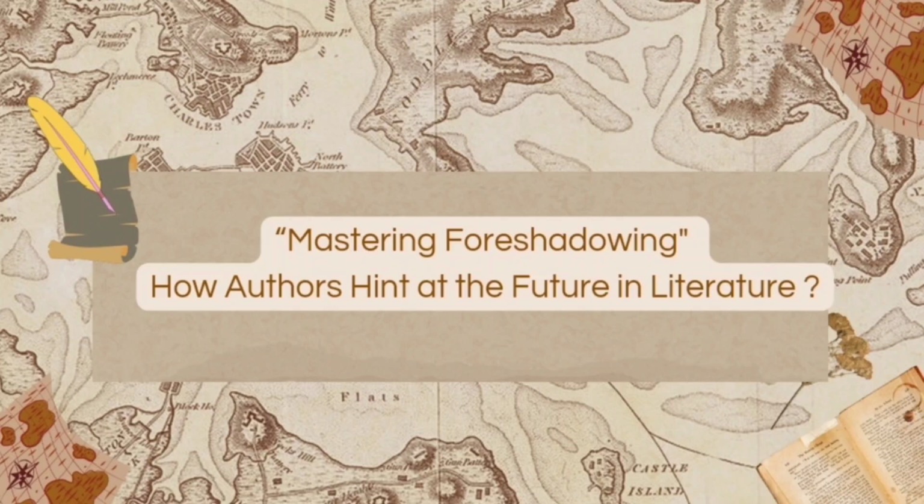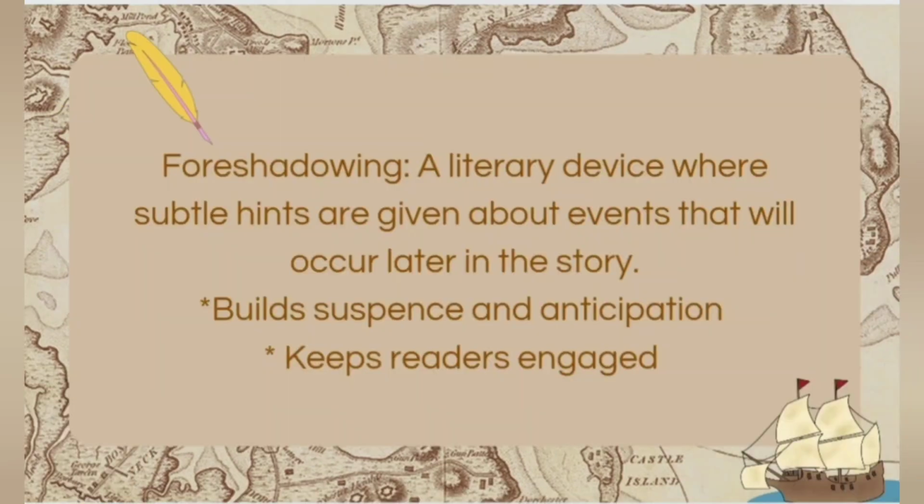Today we are going to explore this brilliant literary device and how authors use it to keep us hooked. Foreshadowing is when an author gives subtle hints or clues about events that will occur later in the story. These clues are often small details that may seem insignificant at first, but they set up future events or create suspense. Foreshadowing serves to build tension, create suspense, and prepare the reader for a later plot twist or key moment. It also helps tie together the narrative, making it feel cohesive and intentional.